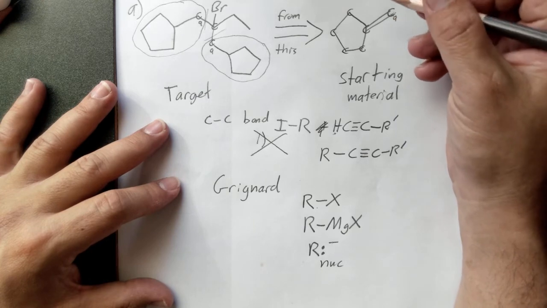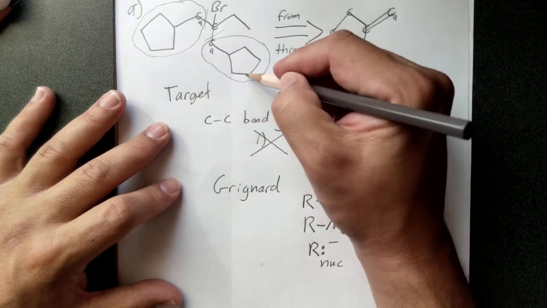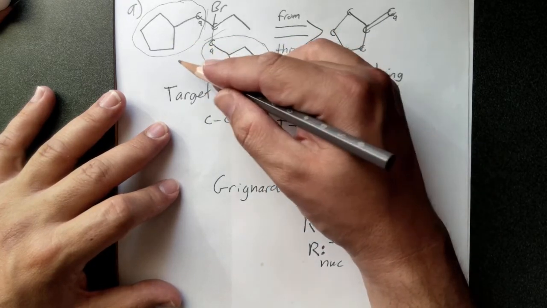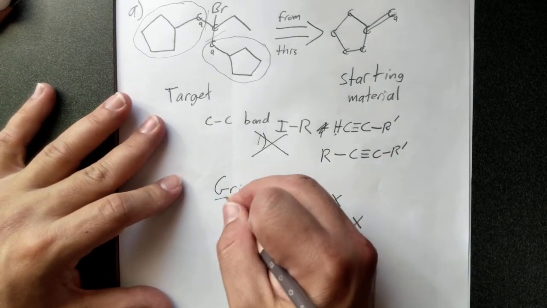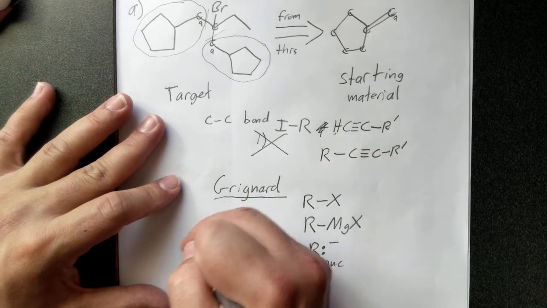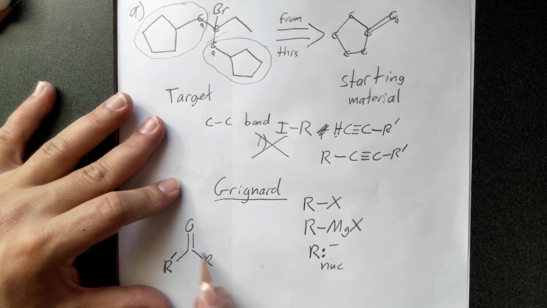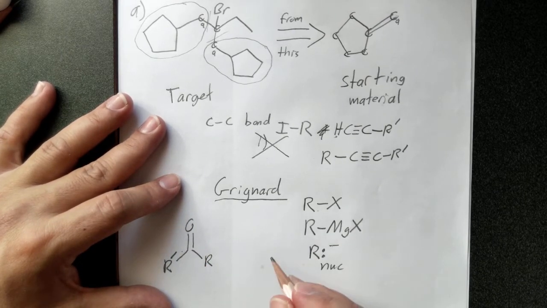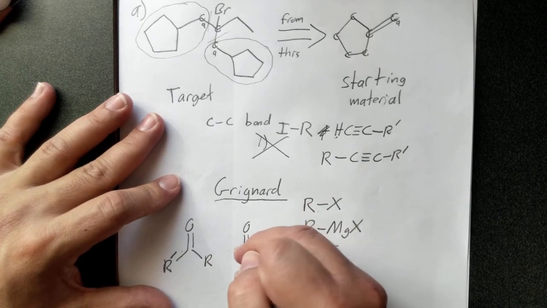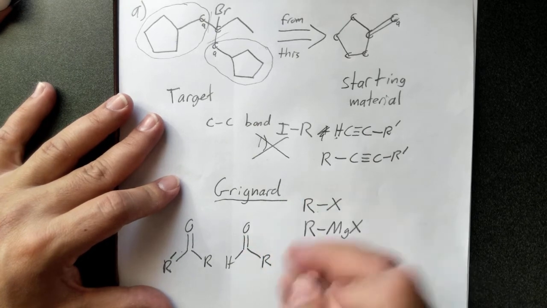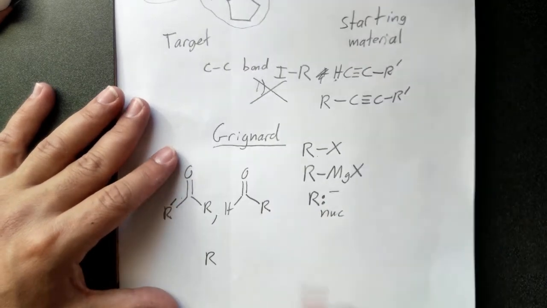And what lends us to realize that this is going to turn into the Grignard reagent is that we see it twice, and so we're going to want to add it twice to something. And in fact, if you recall, of those two methods, the initial ones that we called a Grignard reaction, there was the aldehyde and ketone reaction that turned it into an alcohol with an additional R group added to it, or an aldehyde with an additional R group added to it. Or, and this is the one we're going to need, an ester